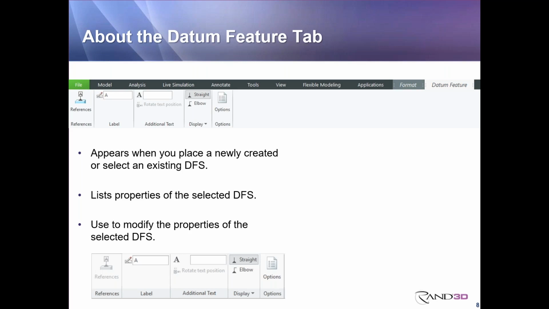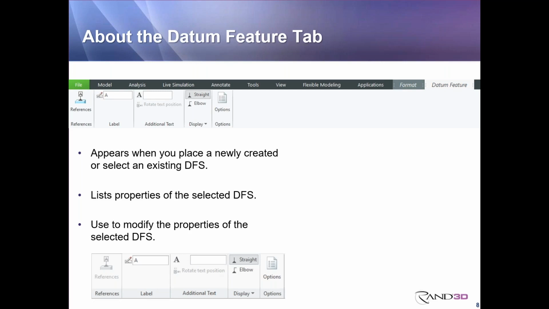If you don't enter a capital letter, you'll get an indicator of an issue. If you put in any labels that don't match the requirements based on the assigned standards, you get indicators that indicate the problem. And you can launch those informational indicators for further detail on what to do to fix the problem. In the additional text area, you can see that in both cases with your datum feature tab,